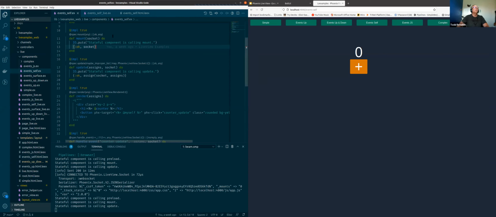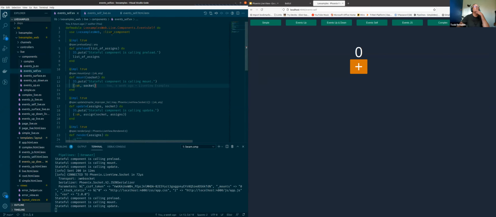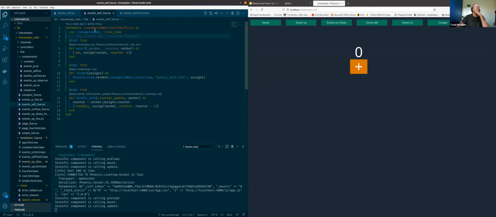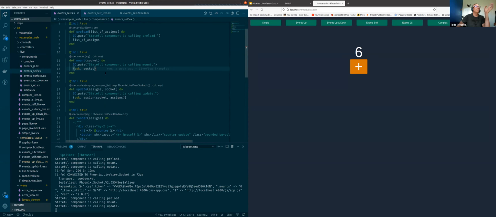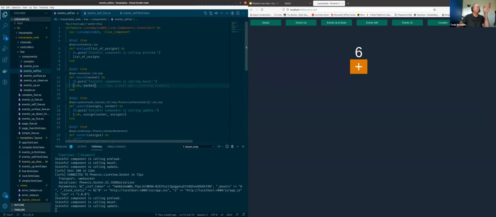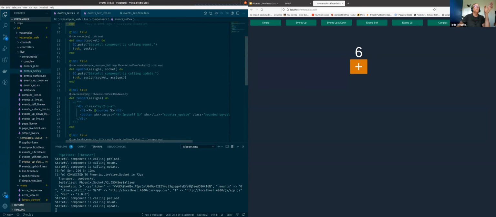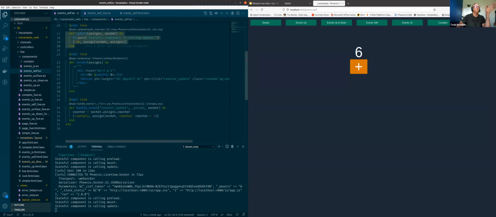Here we go. But there is a way for the live component to manage its own state. So we're back to the counter here, but it is a little bit different. We've got this live view, and there's nothing out of the ordinary here. And did I do this right? Yes, I did. Okay. So we've got the live component preload. It's not doing anything. Mount is not doing anything. Update, in this case, is doing its default behavior. And then we get to the